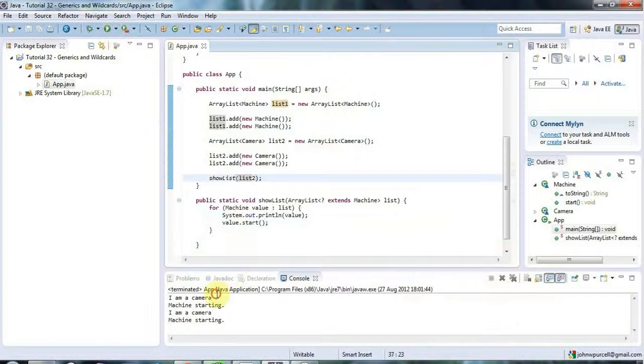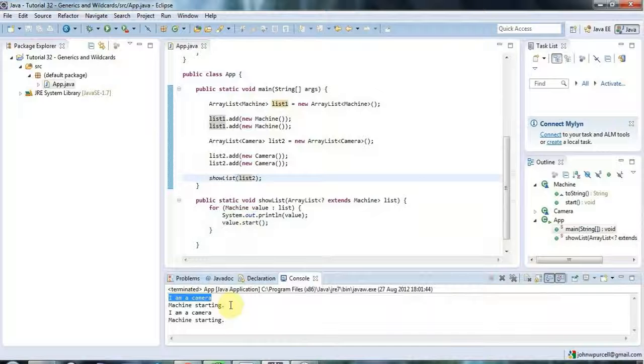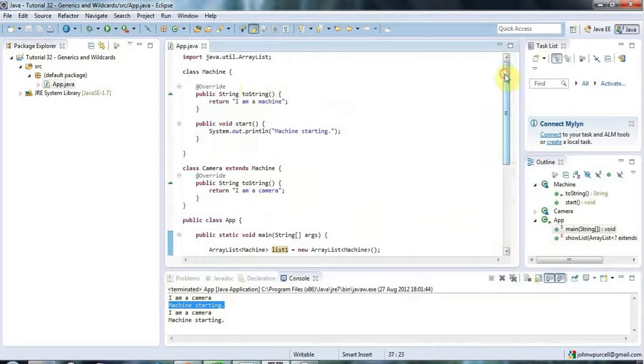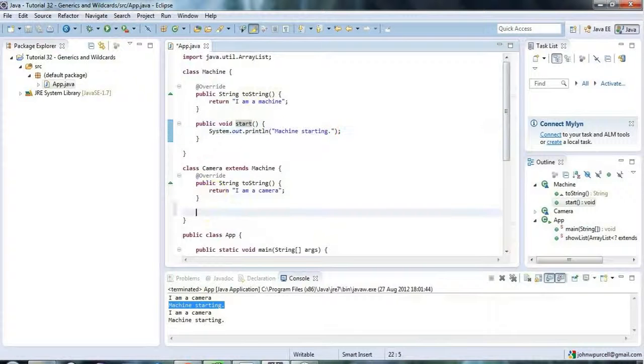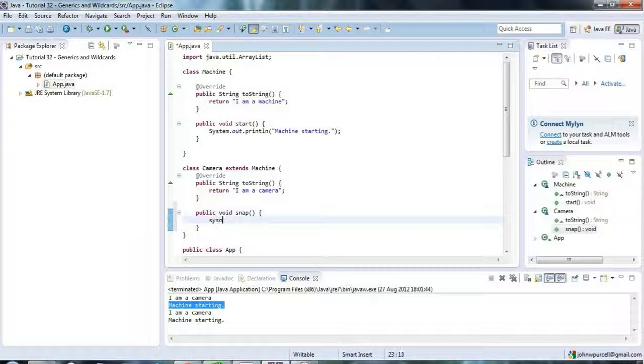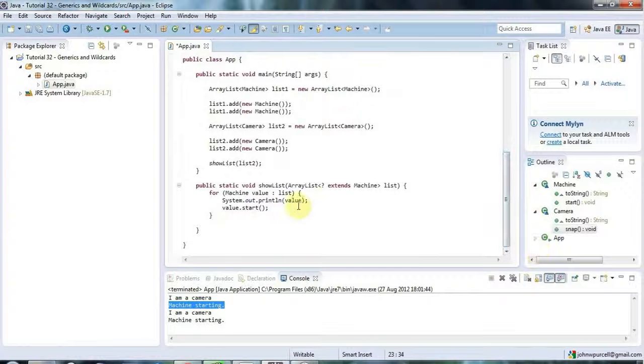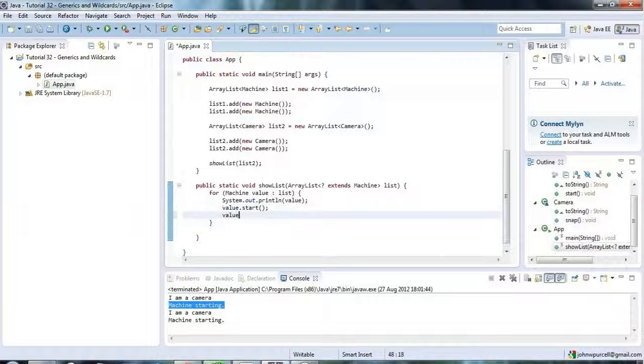So it's calling the camera toString method, and it's saying machine starting because camera has inherited that starting method from machine, and I didn't override it in camera, which is why it's saying machine starting. But let's say camera has a specific method, a method that's specific to cameras, like public void snap, and let's say here sysout snap, this is taking a photo. Now I can't in here call value.snap